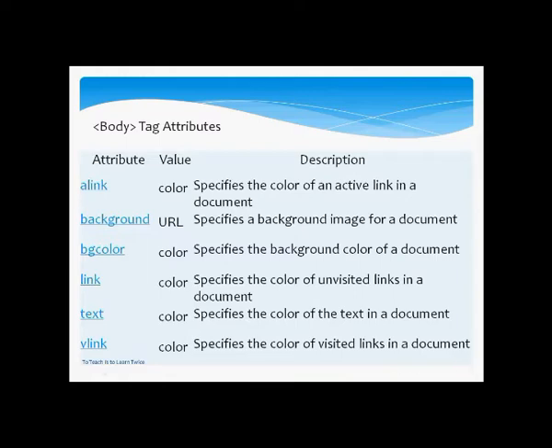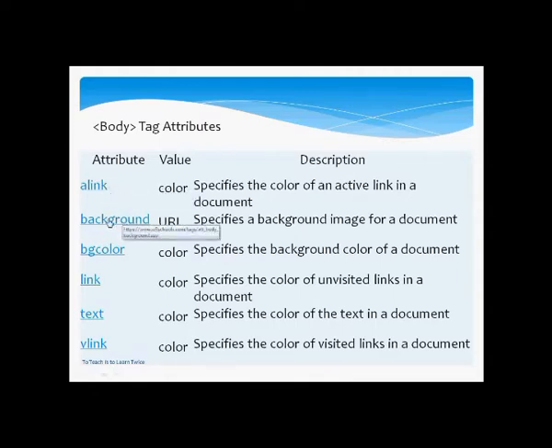Now what are these? A link. Now children, as I have said, HTML is hypertext markup language, and it's a collection of hyperlinks. So A link stands for active link. Active link means the link, I have given a text, and that text is linked to some other file or some other destination. So I can change the specific color for that particular text. That will be done by A link. We will be seeing this down the line children.